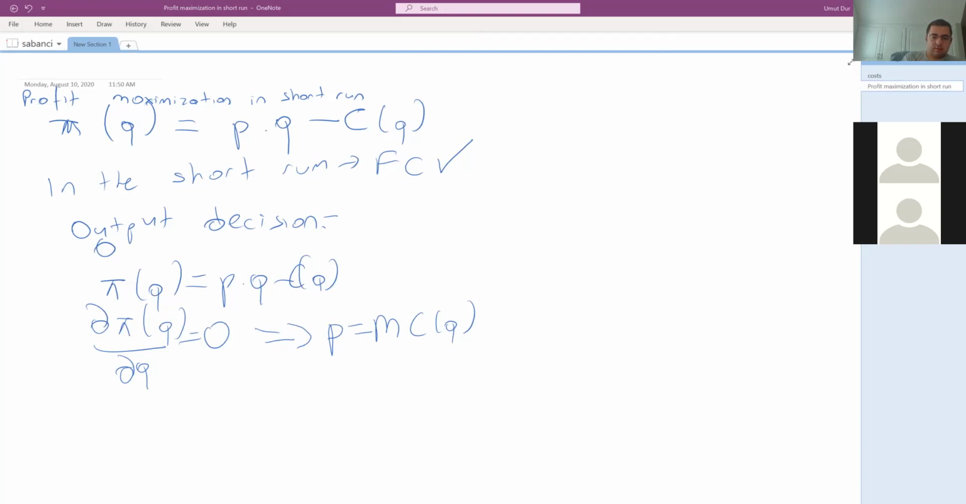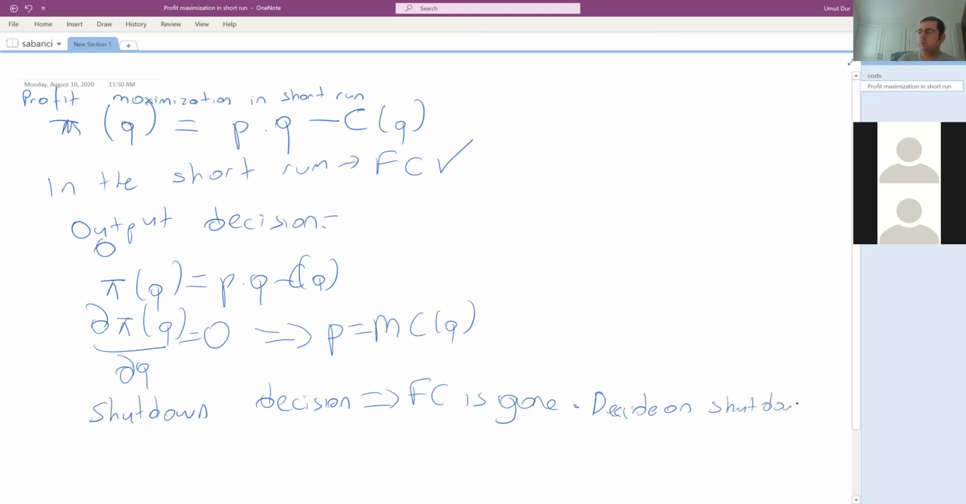And as I said before, for the shutdown decision, what matters is basically fixed cost is gone. Which means that we cannot change the fixed cost whether we shut down or not. And what we need to do is that the firm then decides on shut down or not